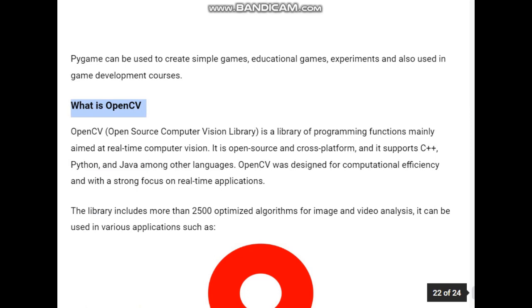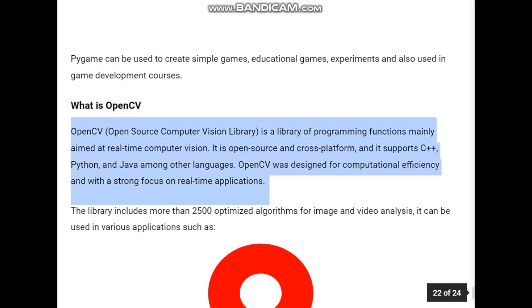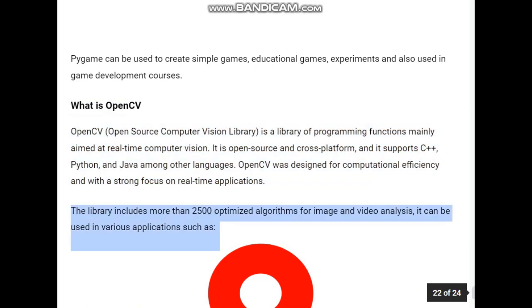What is OpenCV? OpenCV, Open Source Computer Vision Library, is a library of programming functions mainly aimed at real-time computer vision. It is open source and cross-platform, and it supports C++, Python, and Java among other languages. OpenCV was designed for computational efficiency and with a strong focus on real-time applications. The library includes more than 2,500 optimized algorithms for image and video analysis. It can be used in various applications such as